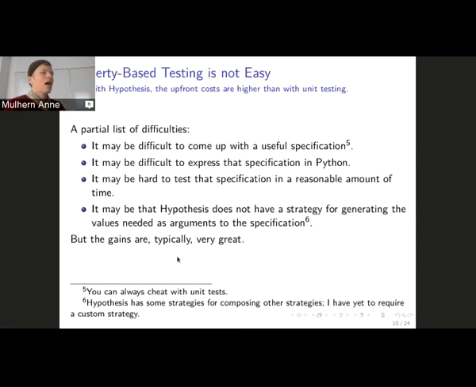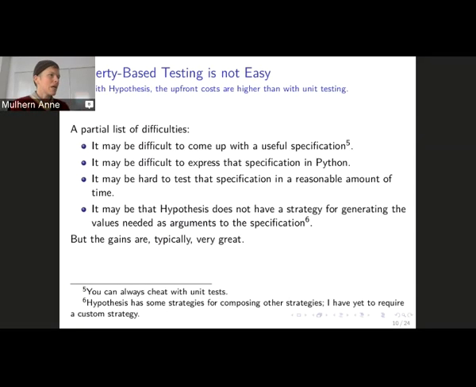Okay, but it is not all fun. It's not easy, because in many ways you have to think harder to use it. Sometimes it's hard to come up with a good specification of your code. And the really pedagogically minded would say, well, if you can't come up with a good specification of your code, then that's a sure sign that you don't know what it's doing and so forth. But sometimes that isn't really true. It's just hard to say what it really is doing, either for various reasons or because it's hard to figure out in Python. So it can be hard.